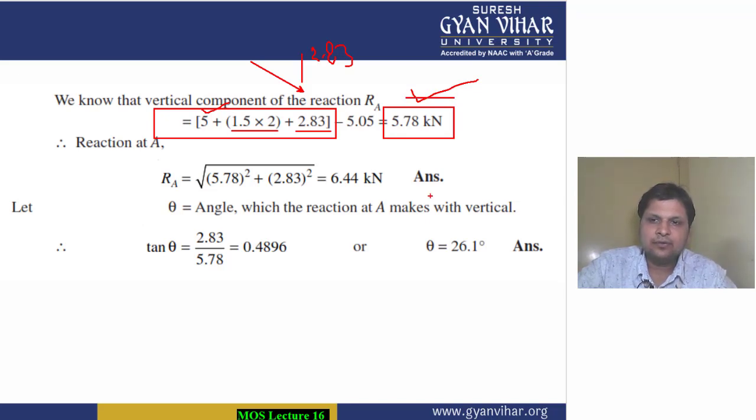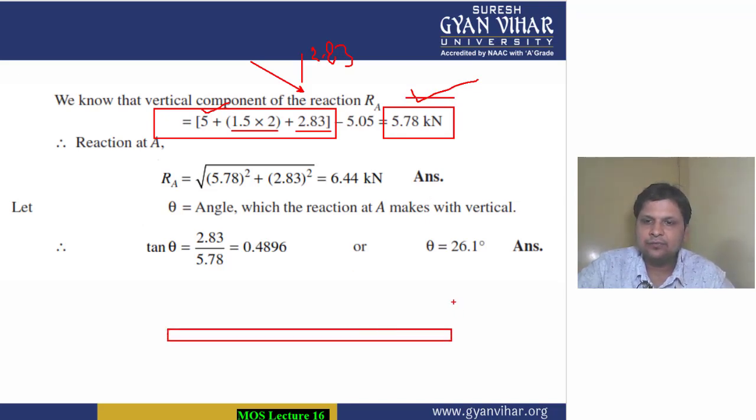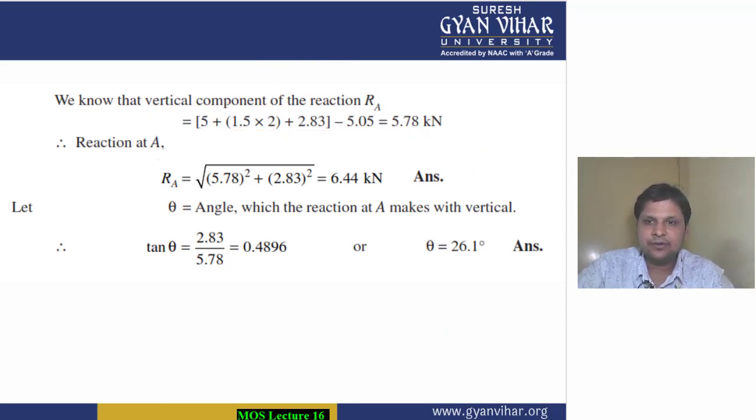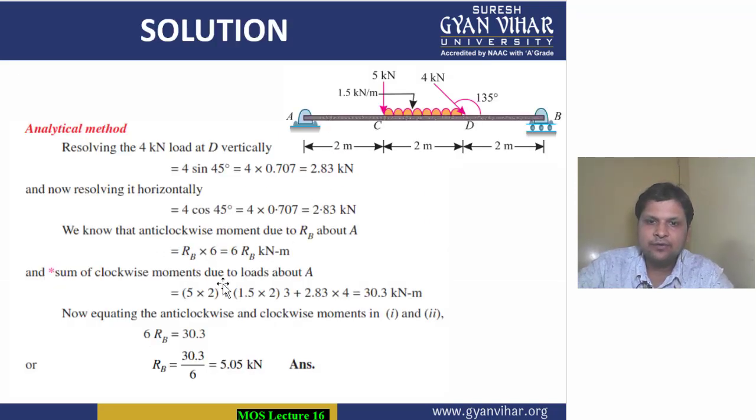But one thing should be kept in mind: this value which you have obtained as the reaction at A is giving you only the vertical component of the reaction. Means the reaction which you will get, students, will be an inclined reaction, and that you will get only after finding the resultant of two reactions which you are having here. Two reactions means one you have calculated by this formula, and one was the component which you obtained in the previous step. What was that component? It was 4 cos 45, that is 2.83. This was that component which is acting in this direction.